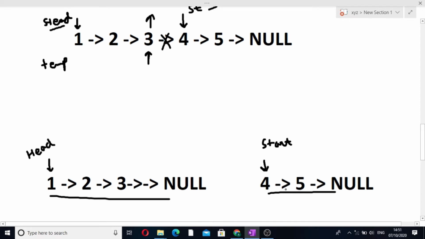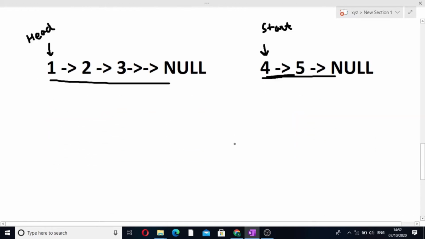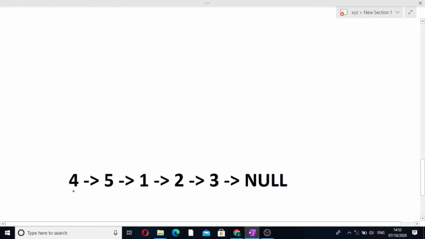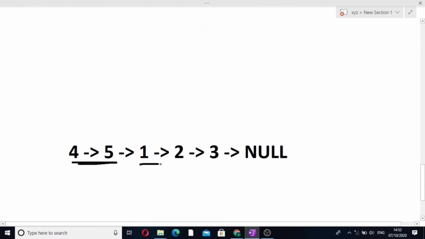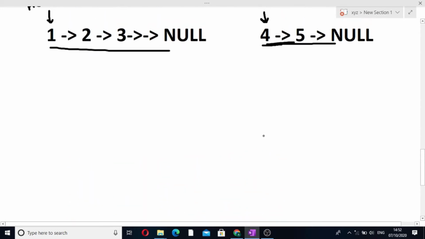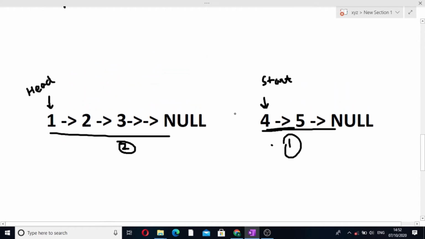As I discussed earlier, we have to make these k elements the front of the output linked list, and the rest of the elements the back. So we will join these two linked lists such that this comes out as the first linked list and this comes out as the second. So this was the approach I was trying to explain to you.